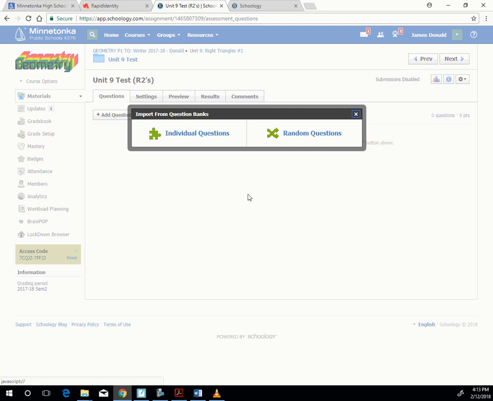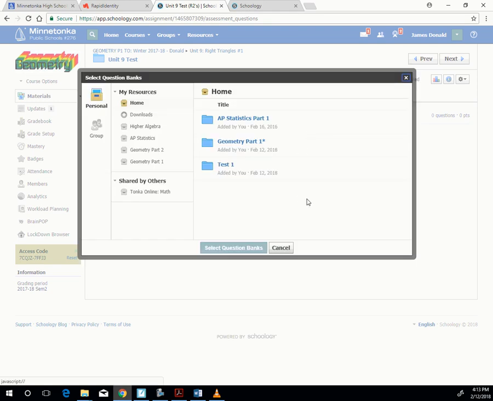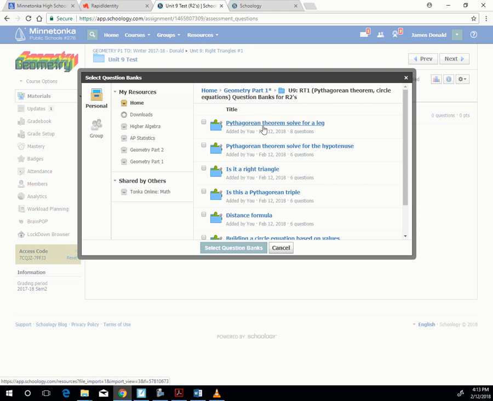And since we have multiple questions of each type, we're going to want to pull random questions, and then it's going to ask us where we want to pull these questions from. And notice it clicks right back into my home. I can go to other resources if I have that set, but I'm going right into that Geometry Part 1 folder that I created. I've got my unit folder, and then here are all of my essential learning ideas, question